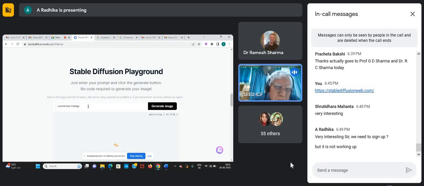Lakshmanbhai College, Delhi. You put it and then see what it generates. Now you generate the text image, not the image. What do you have to change? Dr. Sharma, you change the